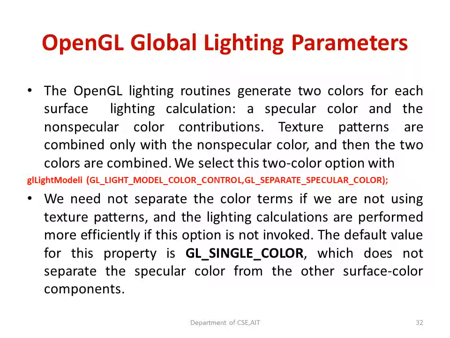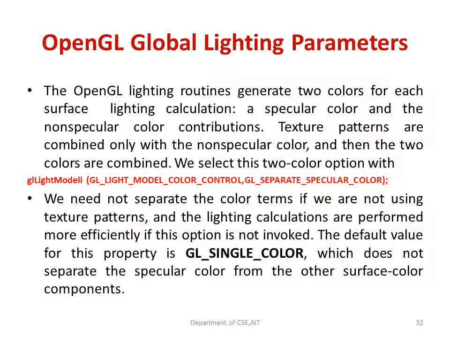Of course, this is also for the global lighting. In the global lighting, you will be having two colors, and these two colors are separate from the specular. That means whatever is specular, we are not going to modify, only what is not specular. So that is why we are having here GL separate specular color. When we have certain patterns, this API is very specific to some texture pattern.